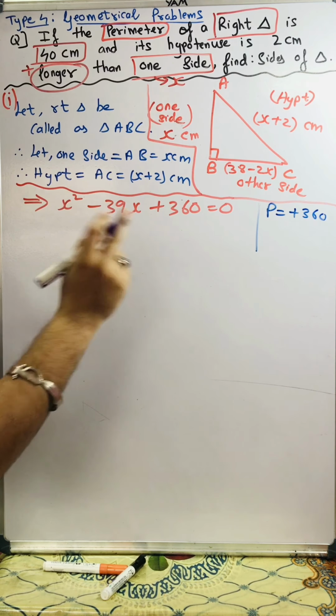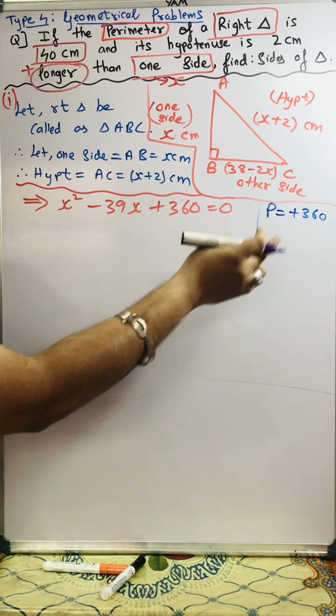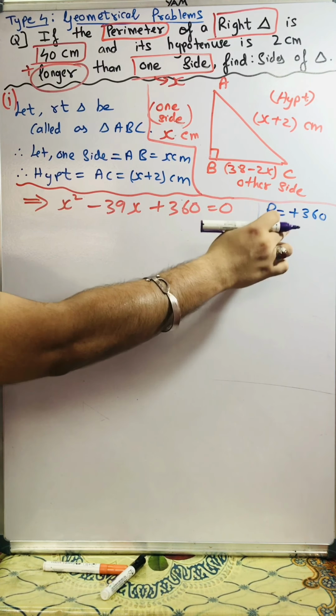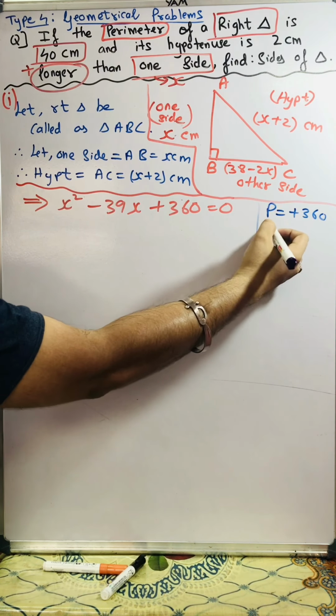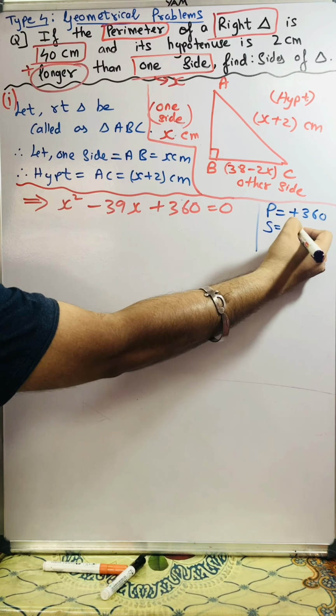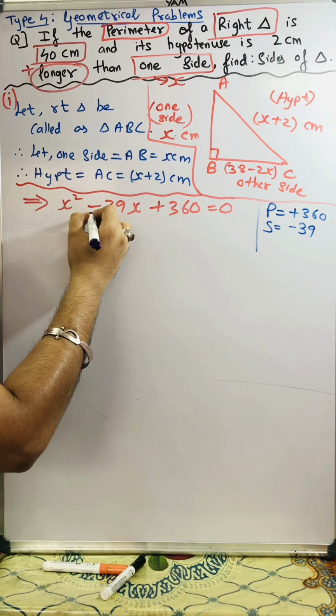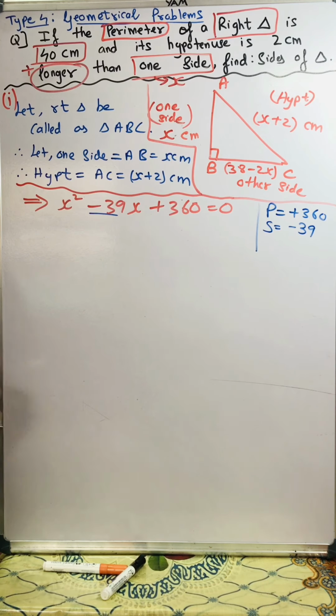We need two numbers such that their product is plus 360, and when we add the same two numbers whose product is 360, the summation of the numbers we should get as minus 39, because here I have minus 39. So now let's break up